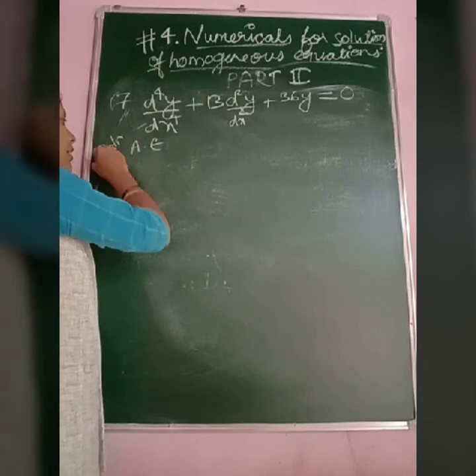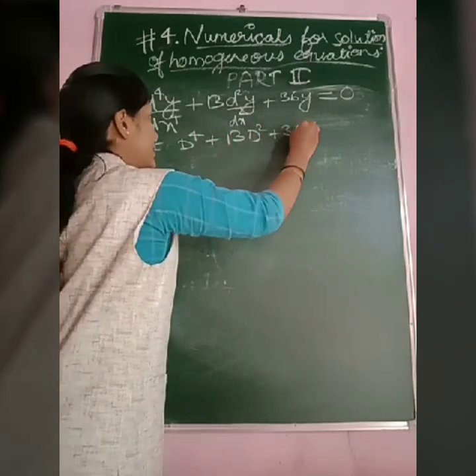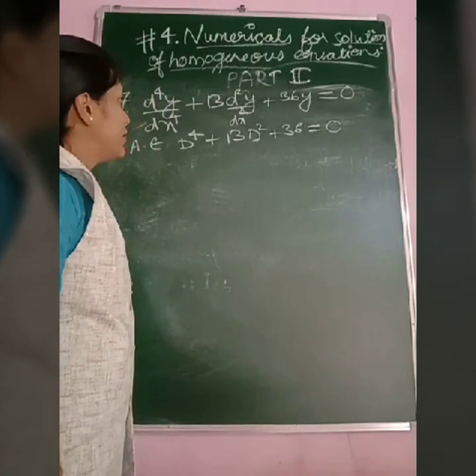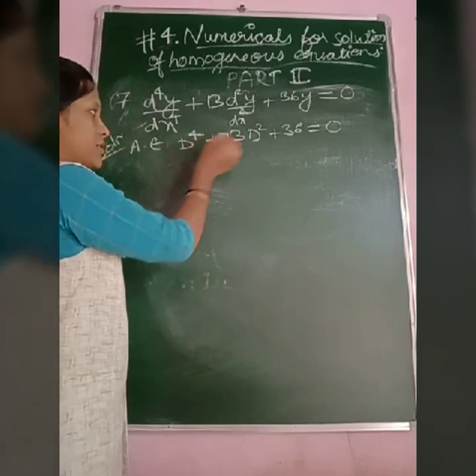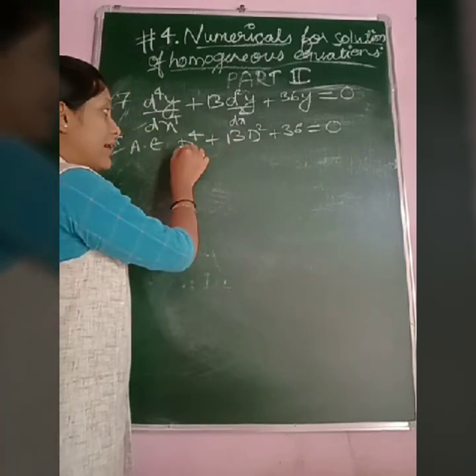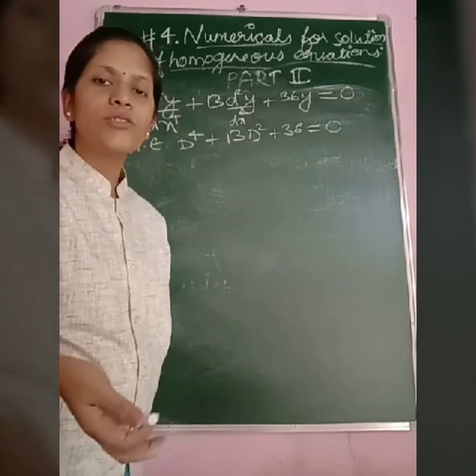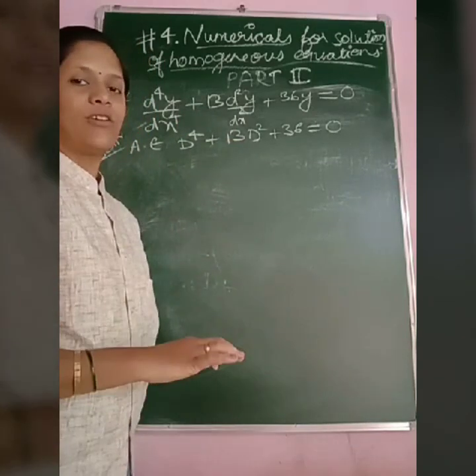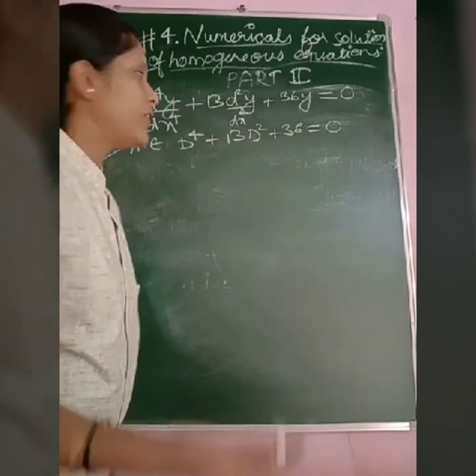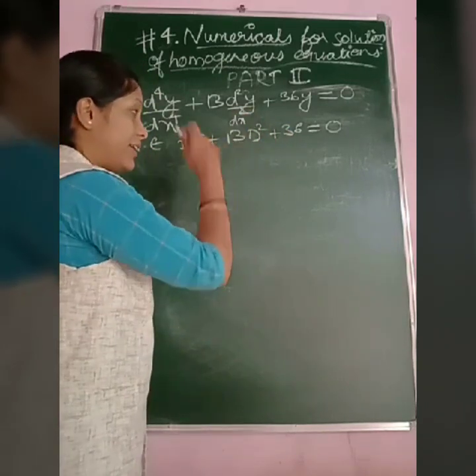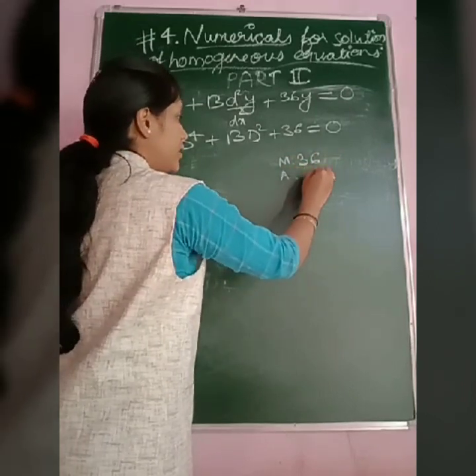So solution part, f(D), that is D^4 + 13D^2 + 36 = 0. Right? So looking at this, easily we understand it is nothing but either you can call this biquadratic, (D^2)^2, or you can also solve it by putting D^2 = p and calling it quadratic, and further you have to resubstitute. So biquadratic it is. In the same way we can solve this.